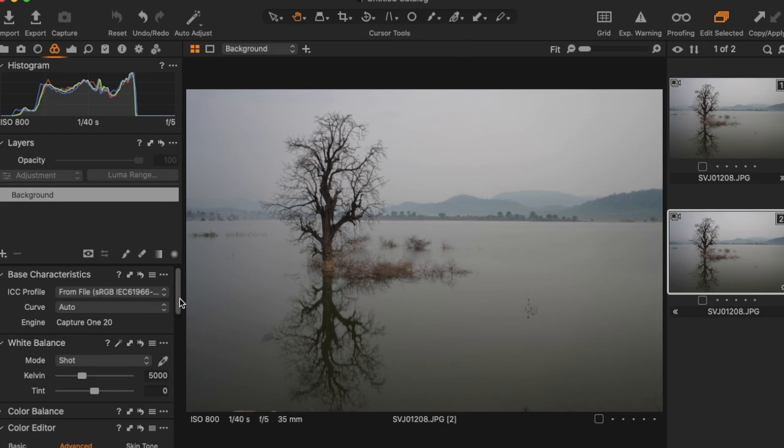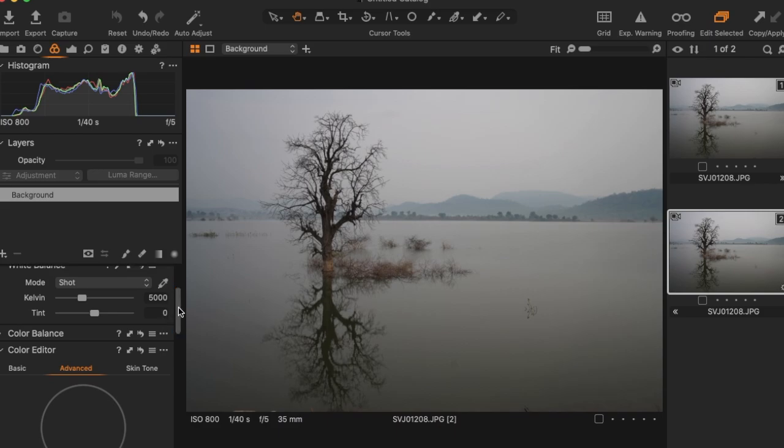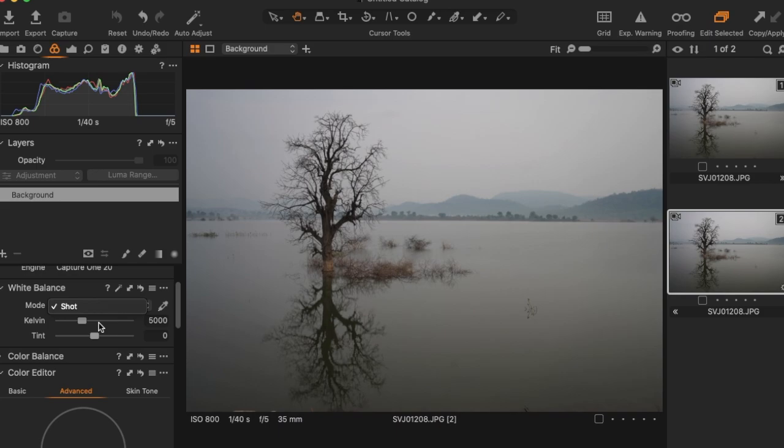As always, let us begin by fixing the white balance. Since this photo is JPEG, you won't see any option here, so let us manually take the white balance slightly down. This photo looks like it was shot in the morning hours, so we'll make it slightly bluer, where we can see some blue haze of the morning sky. I think this looks fine to me, and increase a little bit of purple. Ideally I would have liked to use the eyedropper tool to pick a white dot in the photo, but there is no evident white dot here, so this will not help.